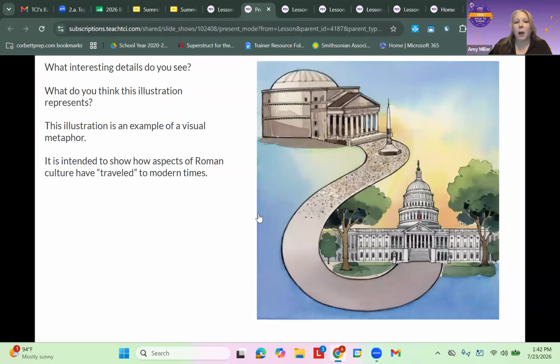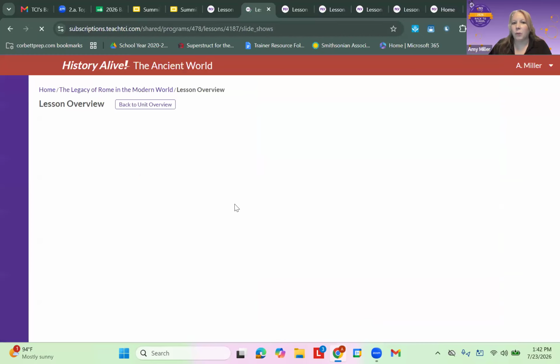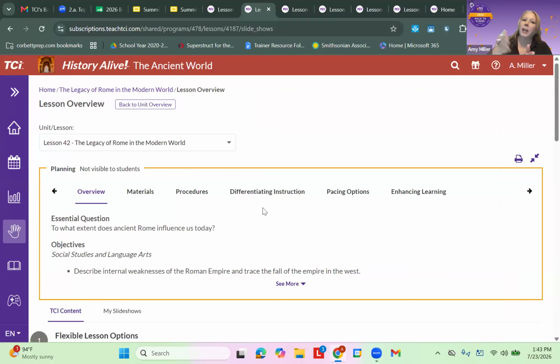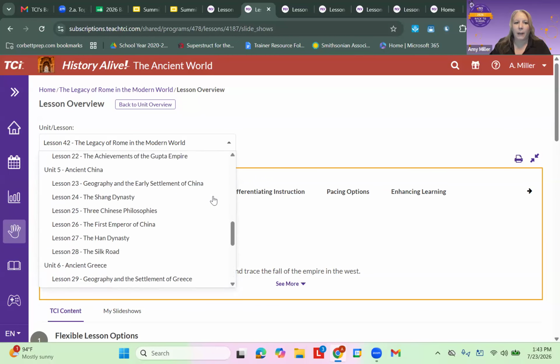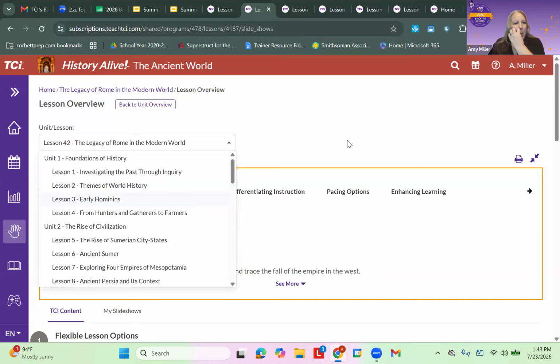So when we take a look comprehensively at the ancient world curriculum, and I'm going to focus now just on the ancient world curriculum as opposed to the world through 1750, if we look at how these lessons tie together, you will see that we start the year by investigating the past through inquiry. And we're setting the stage for children to take on the role of geographer, historian, and archaeologist because we want them to look at the ancient world through those lenses so that they can see the accomplishments, the beauty of